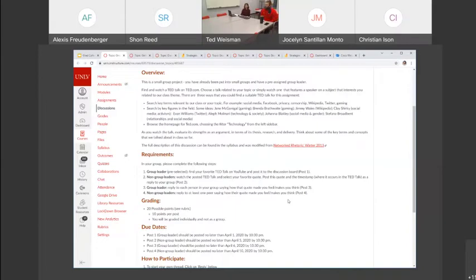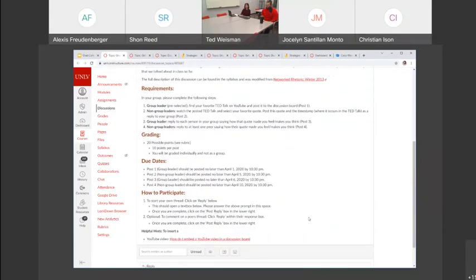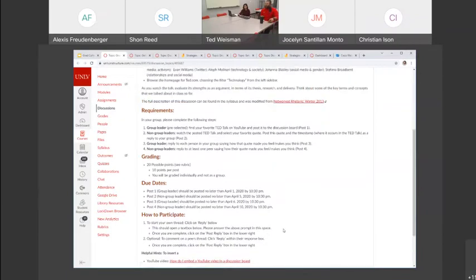The directions themselves probably do a better job of explaining it. But as you can see, it's very clear and everybody is being given a different role to interact, and these are being posted on the discussion board so the groups can discuss amongst themselves. Again, grading is laid out pretty clearly. The due dates are posted, information on how to participate, and again, a link to how to embed YouTube videos into the discussion board, right? So we want to contain everything to the discussion post. And these types of examples allow for a lot of engagement in class. Again, students really get to engage with each other in this content.